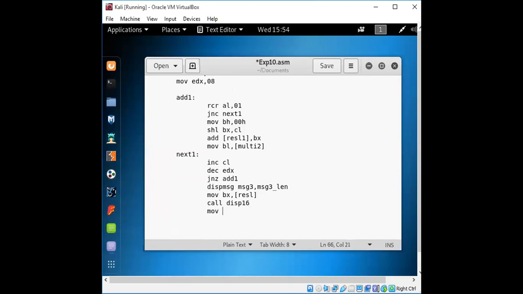We get it with the content, initializing EAX and EBX again with 0.